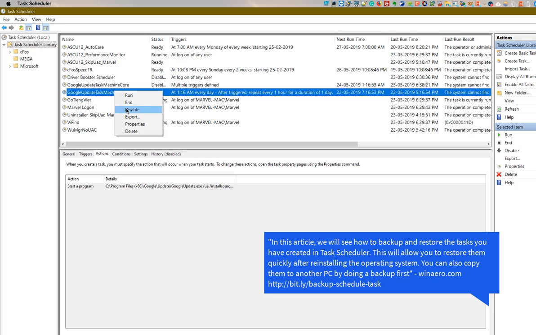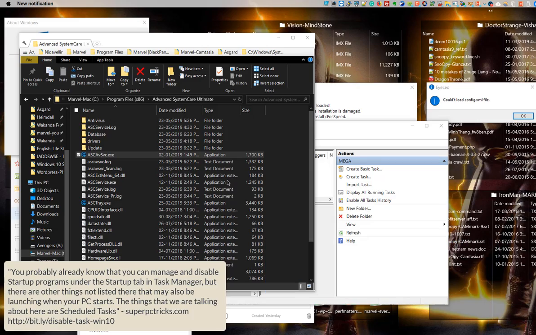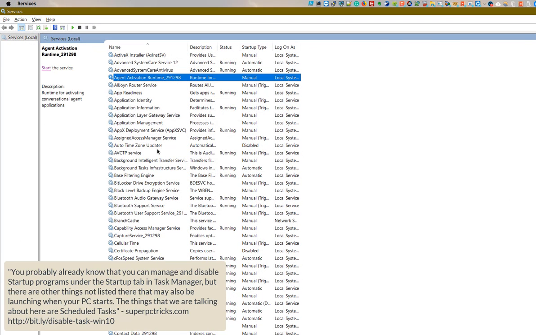In this article, we will see how to back up and restore the tasks you have created in Task Scheduler. This will allow you to restore them quickly after reinstalling the operating system. You can also copy them to another PC by doing a backup first. Winaero.com. You probably already know that you can manage and disable startup programs under the Startup tab in Task Manager,